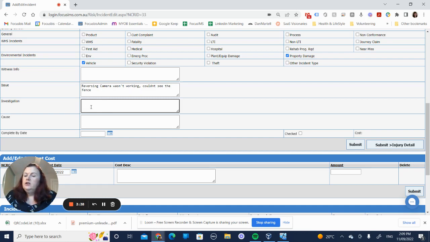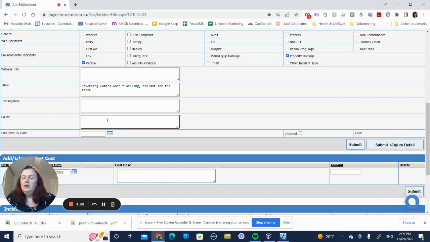In investigation, what do we look at? Do we look at his safe work method statements? Did we look at his vehicle? Did we look at the time of day? Whatever we looked at, include here in this investigation so we can get a clear picture of how deep that